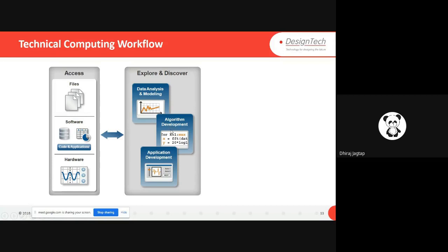If I want to generate or create an algorithm for a model, I can also do it in this step, right? Further, we'll also see how we can create an app or a GUI-based thing in MATLAB. So if you are satisfied in the explore and discover step, then